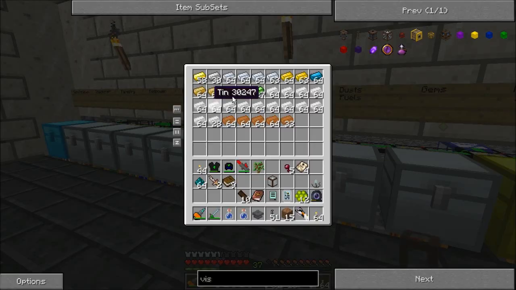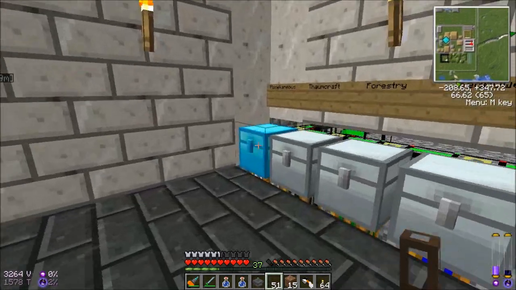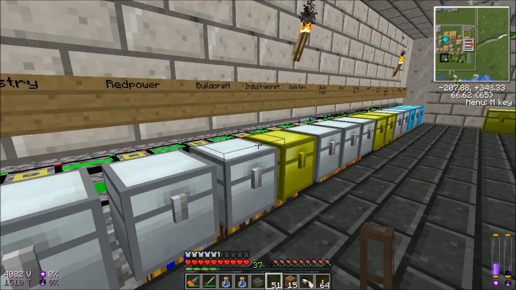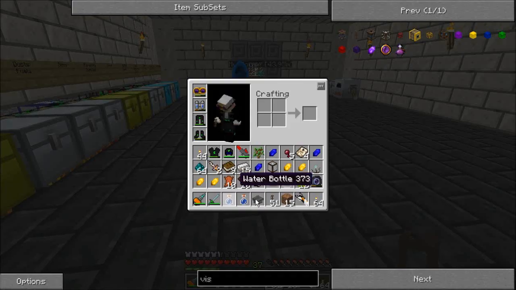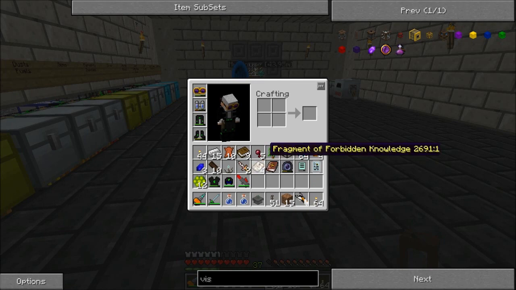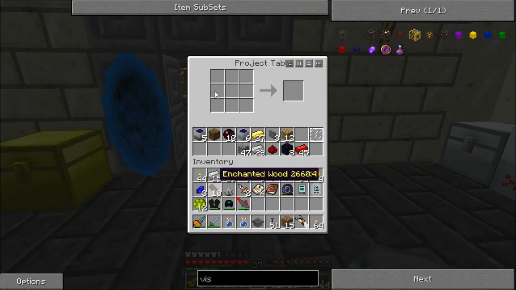Metal bars. Take half a stack of iron. Come over here to miscellaneous. Grab our cowhides. We're going to need some aqueous. We're going to need some vaporous. Going to need to sort my inventory. And then the arcane bellows, if I remember correctly, is just like that,